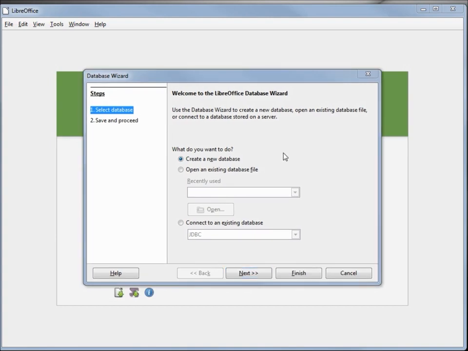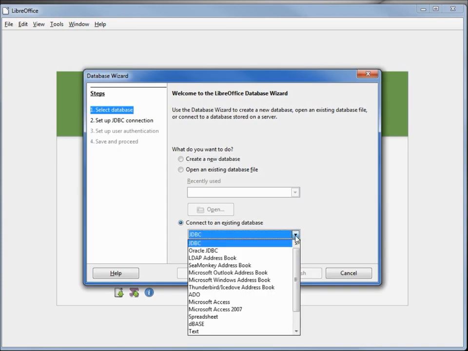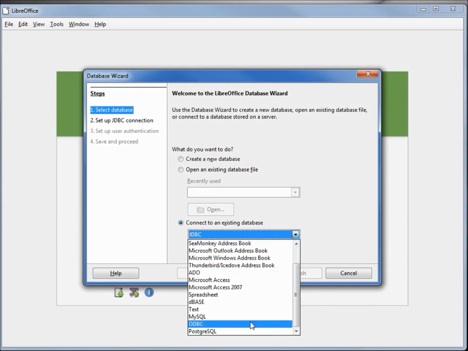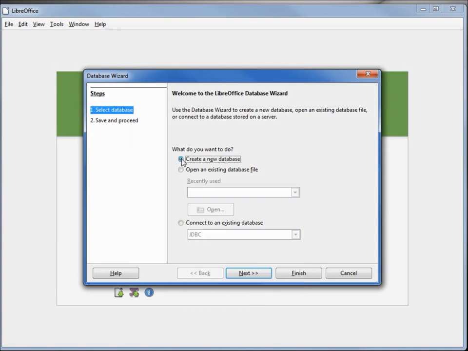When we open up LibreOffice Base, it brings up this database wizard and asks us, what do we want to do? Do we want to create a new database, open an existing database file, or connect to an existing database? Now, if we had a database out there, we could select that, connect to an Access database, or down here we see MySQL. I don't have any out there now, but if I did, we could create our own forms and reports from it. What we want to do is create a new database. So I'm going to select that radio button